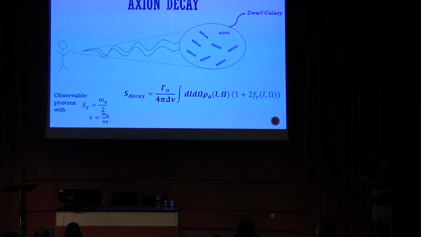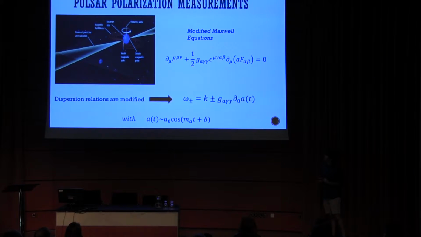You can compute the flux that you expect from the decay, and it will depend on the rate of the decay and on the density of the axion dark matter. There is also another factor that is trickier, a stimulated emission factor; if you want to know more about this, ask me later. Then you can compare this with the sensitivity of SKA, for example, and get your bound. We can get bounds that are better by one order of magnitude with respect to CAST for the QCD axion in a given mass range. And then I'll introduce my second technique.